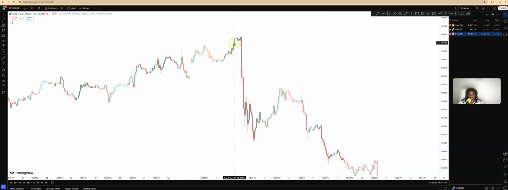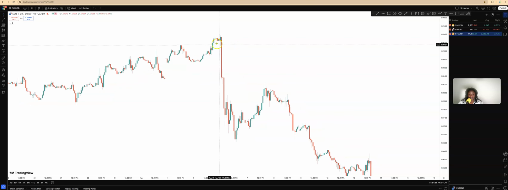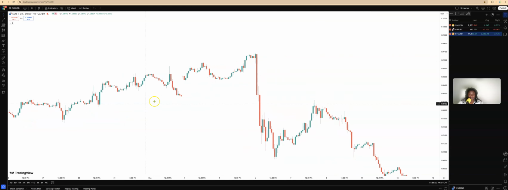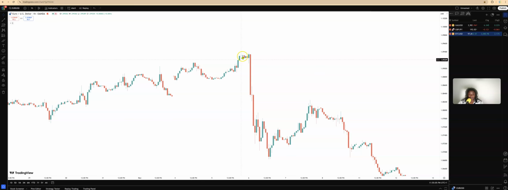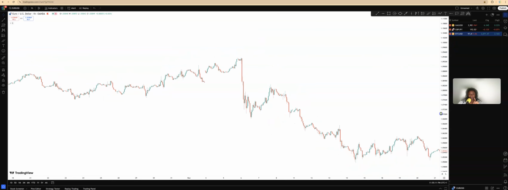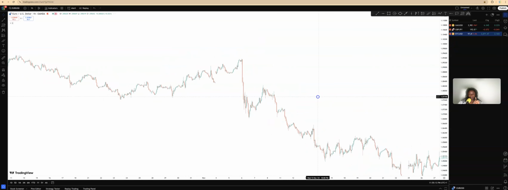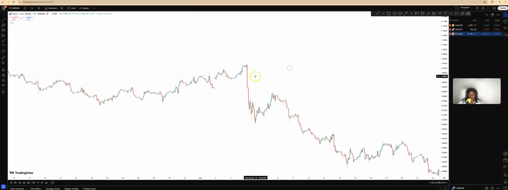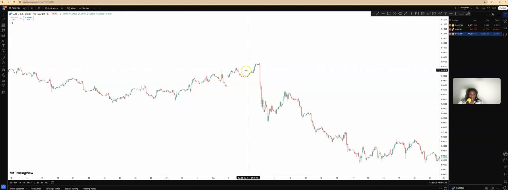Look at this one right here. Sometimes, just like a hammer, you could find a little wick at the top or no wick at all, right? So if you see this one right here, you can see here that after market bought for a while, we spotted out a hanging man. Now you see that thing I told you about confirmation. This is a very beautiful example of why I would not necessarily wait for confirmation before I just go into my trade, right? So if I were to be selling based on this hanging man, the moment I probably will